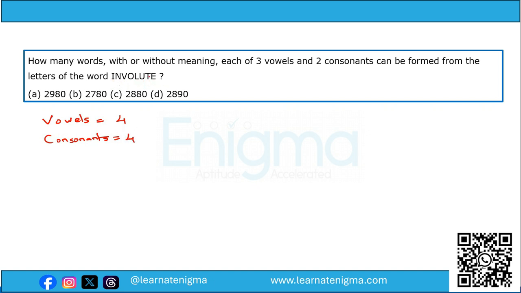So we have four vowels and four consonants, and out of those four vowels, we need to select three vowels, and out of those four consonants, we need to select two consonants. So let's select them first. So 4C3 multiplication into 4C2. So 4C3, that means we are selecting three vowels, and 4C2, that means we are selecting